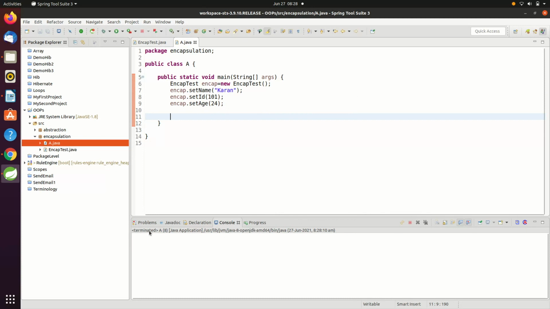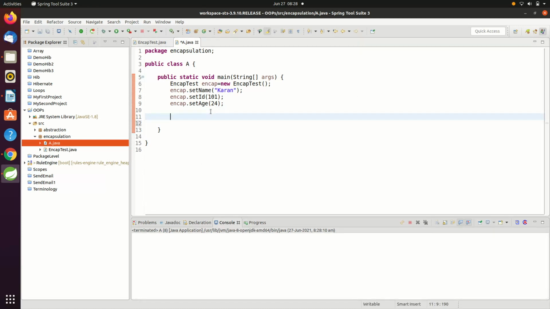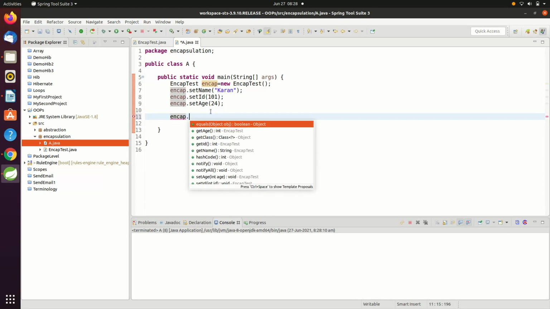Your program has run, but what happened is you haven't printed anything on the console. So how will you do it? By using encap.get. How will you access it? By using the getter method.